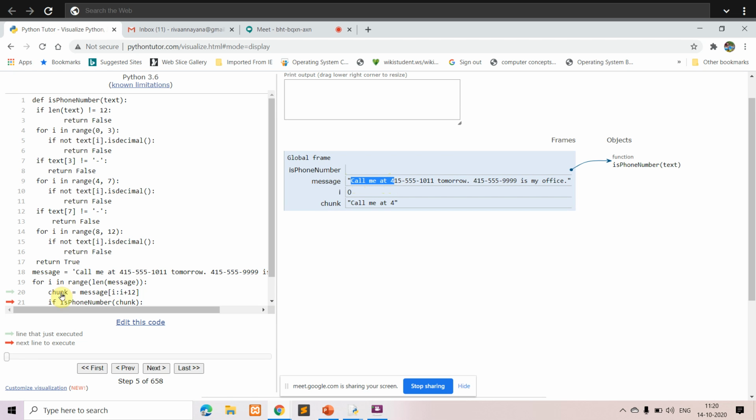And it is stored in this chunk. So when the I value is 0, in the chunk you have this much amount of characters from your message. Okay. Then what we will be doing? We will be passing that value, that is the chunk, to this particular function, that is phone number. So what will happen in here? Again the same thing will be repeated whatever we saw in the previous program, that is one by one characters will be taken. So you can see here.